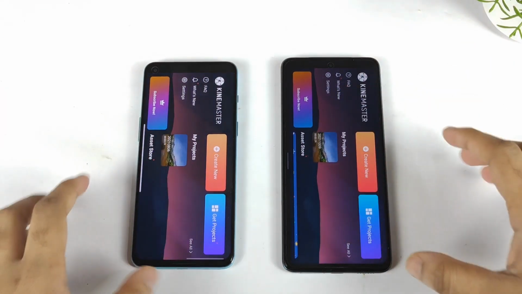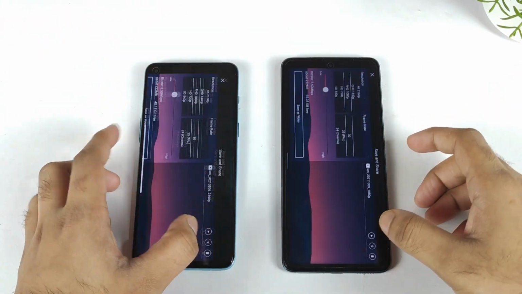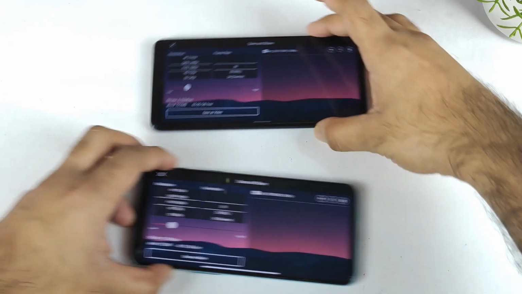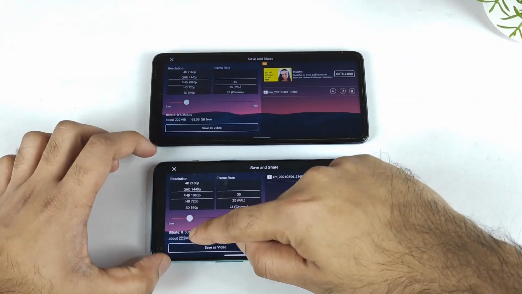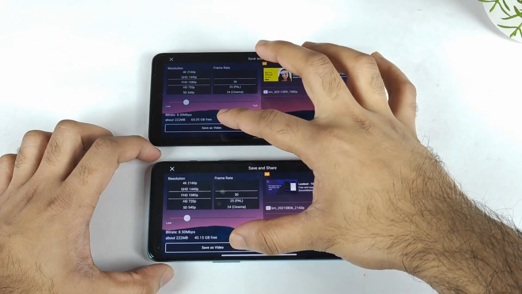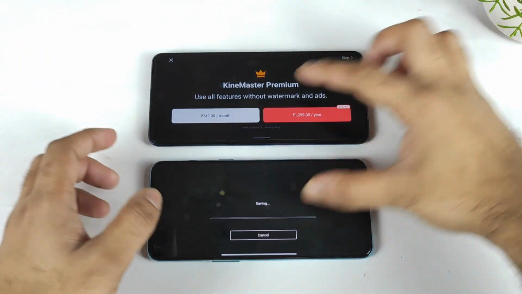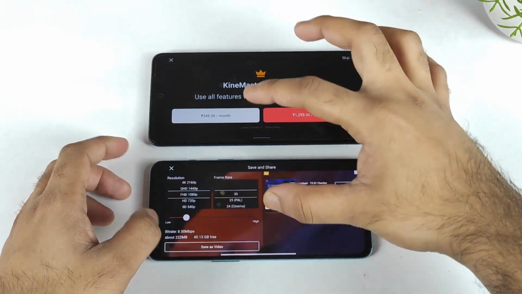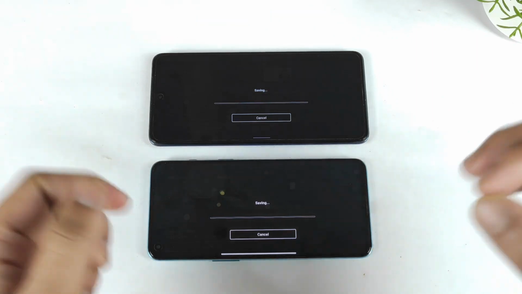So now let's do one more thing. Let's export one of the videos and keep them in the background for RAM management. Let's see what happens now. The estimated size is 222 MB on both. Now let's start the video rendering export at the same time. Sorry, I did not click at the same time. Let me go back and start at the same time: 1, 2 and 3. Yes.